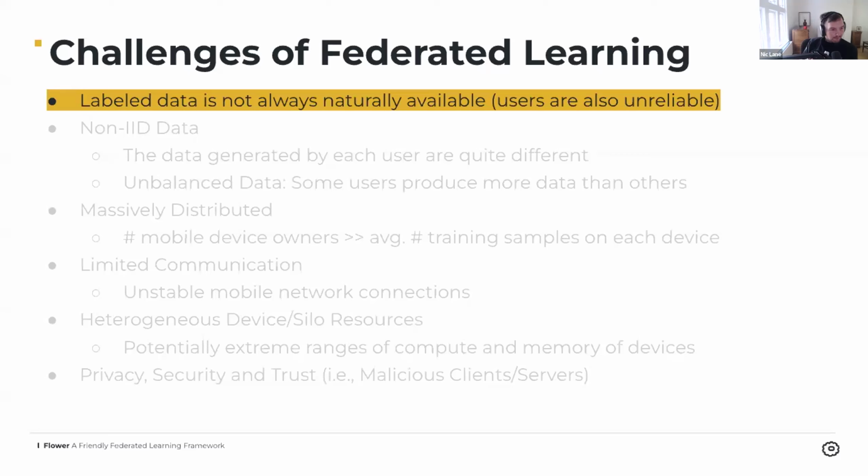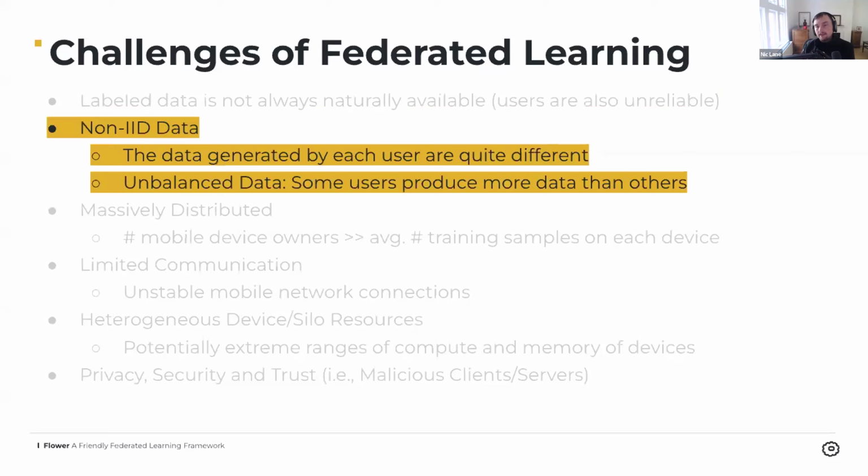As has been asked before, there are less common but increasingly viable methods using self-supervised learning that can overcome challenges of this kind. Jan is very familiar with these. We might tackle them at the end of this. But so the first point here, the challenge is that labeled data is not always sort of naturally available. Second,